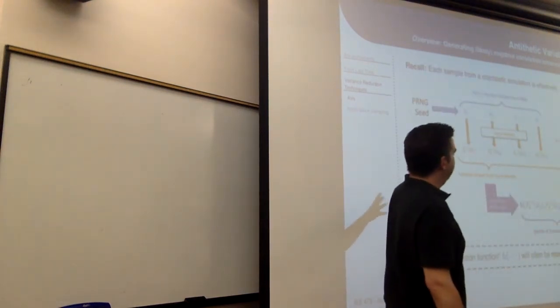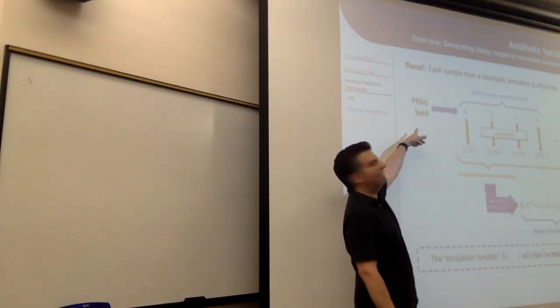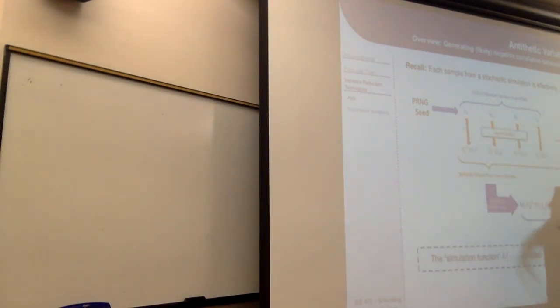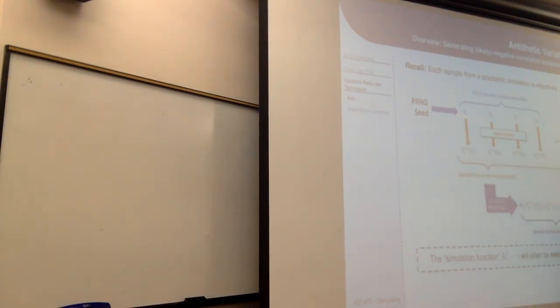And I do that with this graphical summary here. I take a random number seed, which is why I asked you about seeds, and I run it into one of my models here, and that generates a bunch of uniformly distributed random numbers that go into that one model. You've done your input modeling, so you know that I need an exponential, I need a Weibull, I need a normal, or whatever, and you've got all your inverse transforms in here. So behind the scenes, these uniform random numbers are getting transformed into the actual samples you want. Those get pulled down into your simulation model, and that's what produces your output.